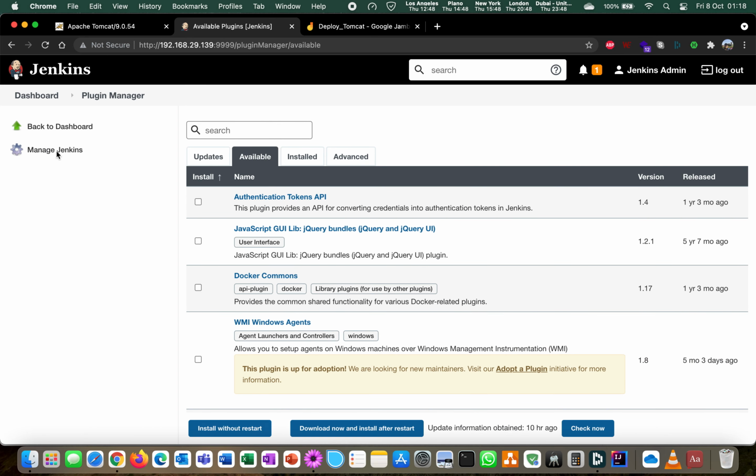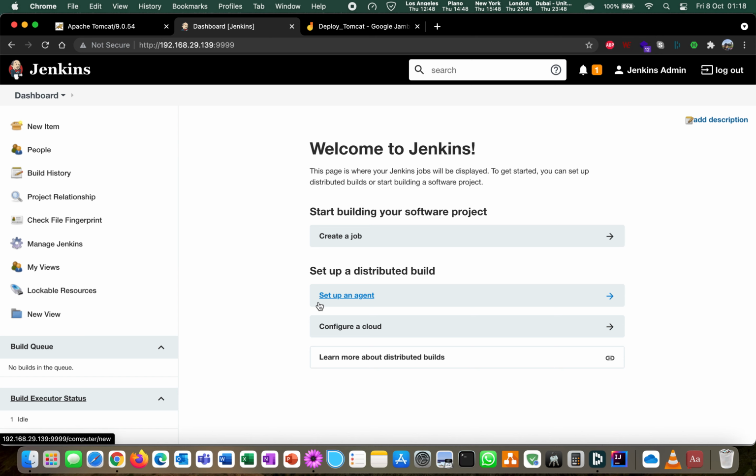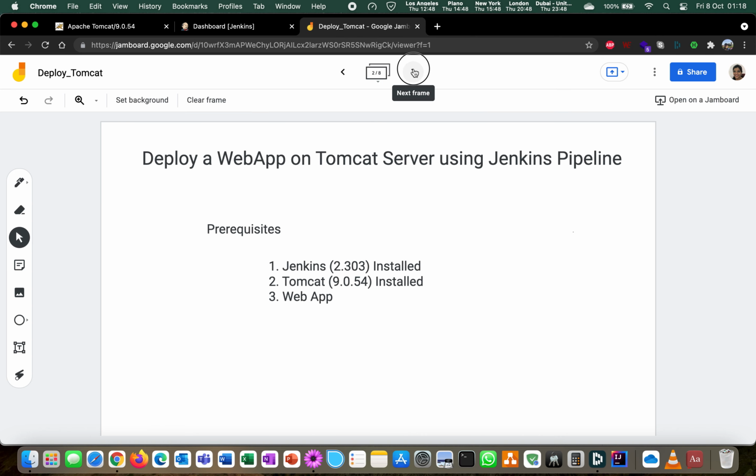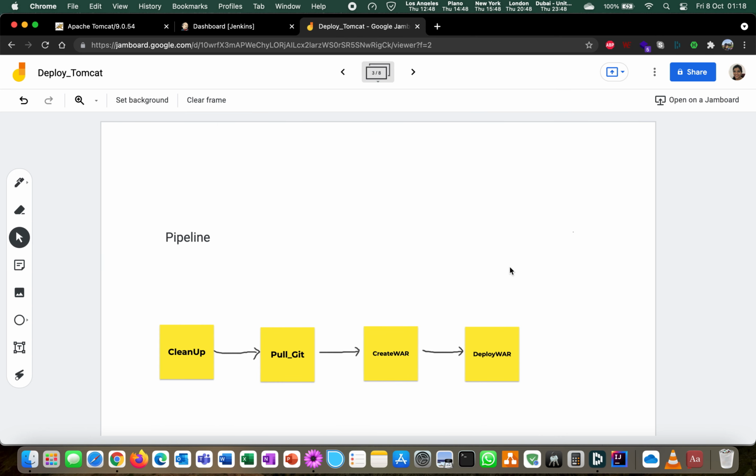Once our environment is set, let's look at the pipeline that has to be built. Our first step will be to pull the existing web application from GitHub. So, our corresponding job for that is pull git. Then the app that we have brought into our system, we will create a war from that.